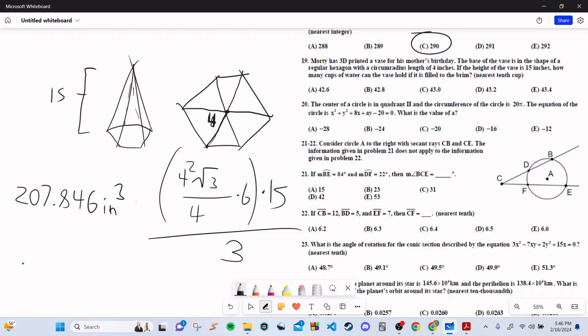All right. Okay, so here's a conversion you've got to know. You've got to know that 1 gallon is equal to 231 cubic inches. So if I divide our volume by 231, I get 0.8998 gallons of water. And so I'll multiply by 4 to get how many quarts we have. And then I'll multiply by 2 to get the pints. And then 2 again to get how many cups we have. So from that, after typing it out, I'll get that we have